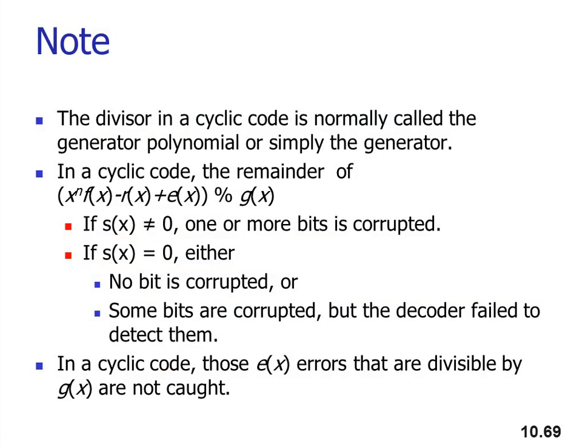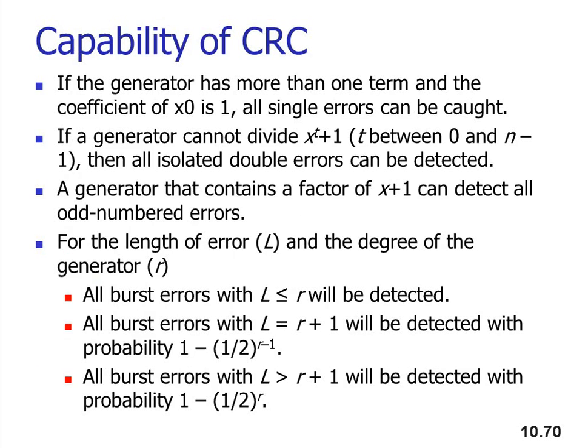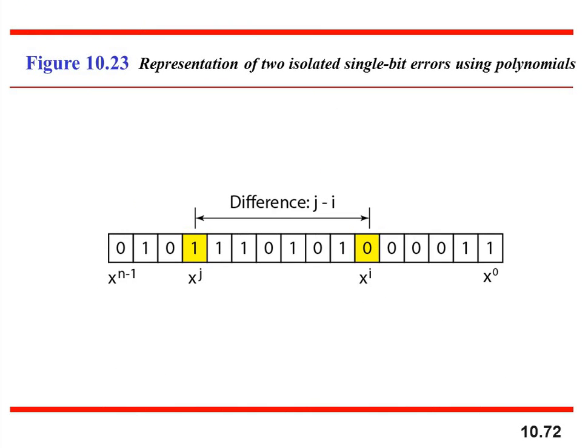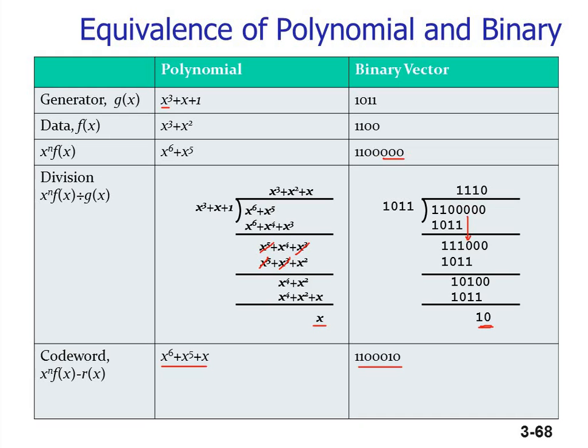Now at the receiving end what happens, just try to understand it. This is how you are going to solve the equation, and you are going to find the syndrome. If the syndrome remains 0, then at the receiving end also you can find, if this is the equation and this is the divisor, then you can find the syndrome for this one.